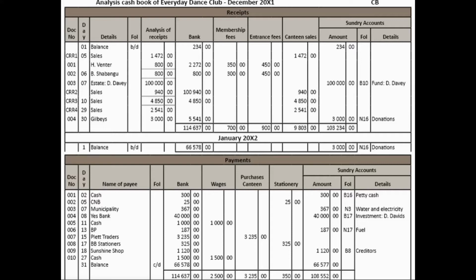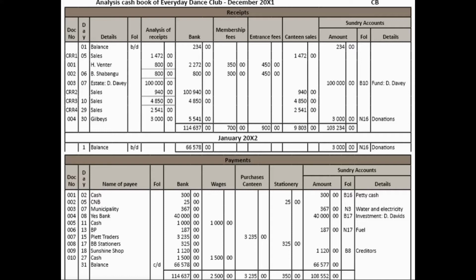And just to check that our amounts are correct, we add the sundry accounts plus canteen sales plus entrance fees plus membership fees, and that should give you the same amount as the total in the bank column of 114,637. If you look at the payment side, the wages column is 2,500, purchases canteen is 3235, stationery is 350,